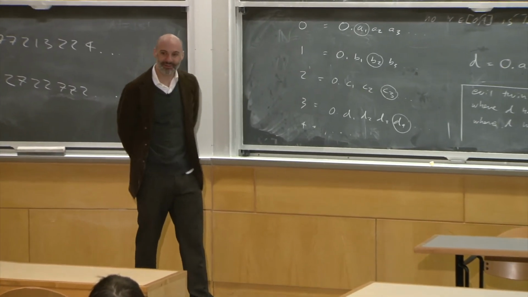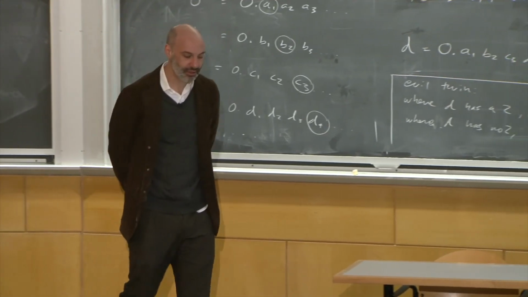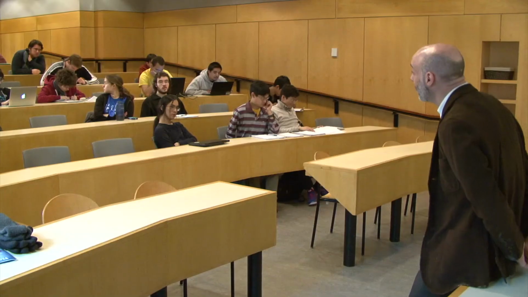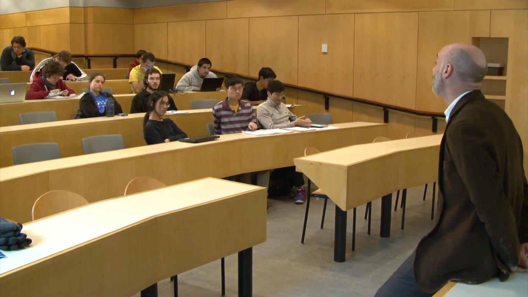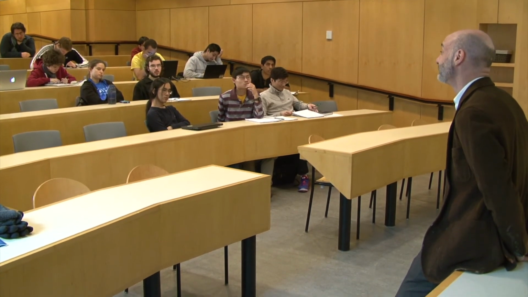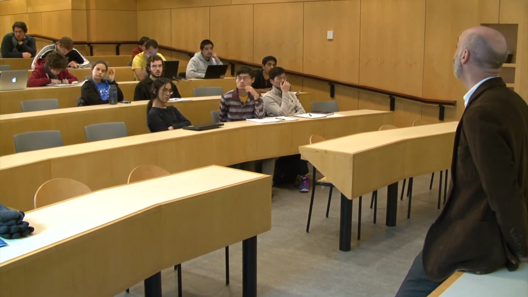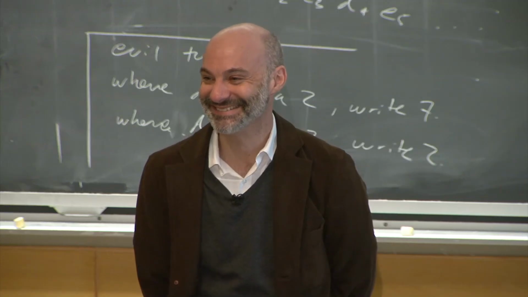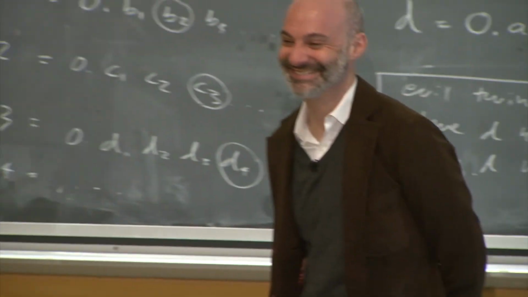Now, there's a little thing that I skipped, which is the fact that some real numbers in our interval have more than one decimal notation. Can anyone give me an example of a number in there with more than one notation? Yes. Do you mean ending with an infinite series of zeros or nines? Yes. Okay, so for example,